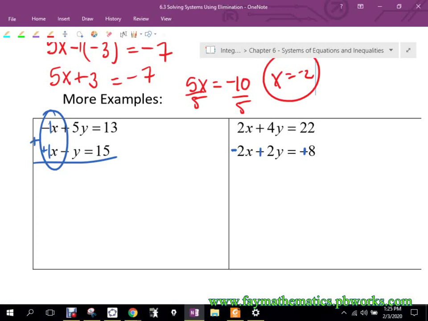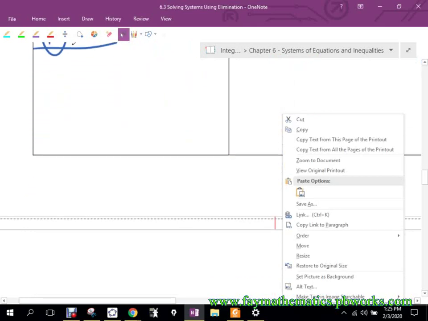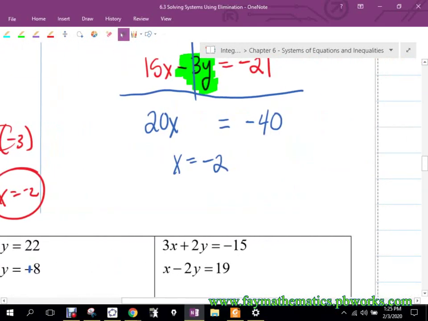through and say, okay, are any coefficients identical? X's with x's, y's with y's. If they're identical, then I just need to multiply one of them by a negative 1. Does that make sense? And then they become opposites. My hope is that they're already identical, but yet opposites. So then I can just start adding, okay? If not, then I look at the X's and Y's and say, okay, which set is easier to get into